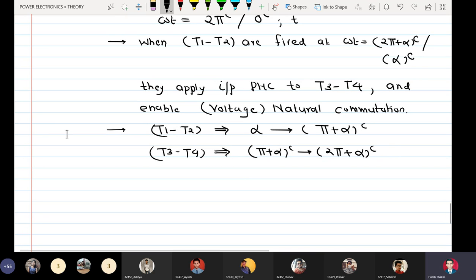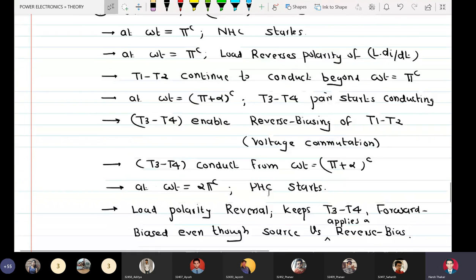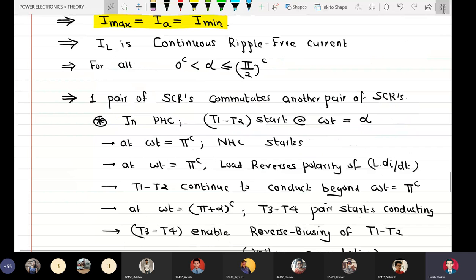Okay, so time is up now, and tomorrow I do not remember what time, but we are going to have an extra lecture where we are going to draw the waveforms corresponding to all these steps which you have written, and we'll derive the mathematical expression for VL average, and we'll justify that for what values of alpha it will operate in the fourth quadrant, that is to have VL average negative.